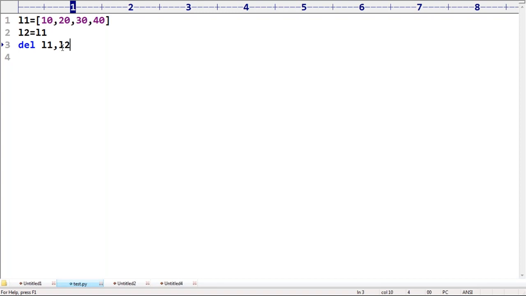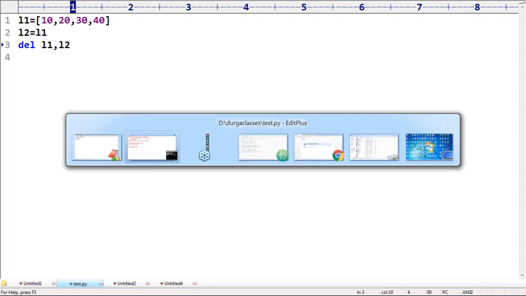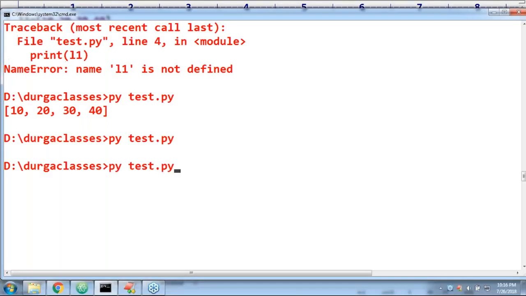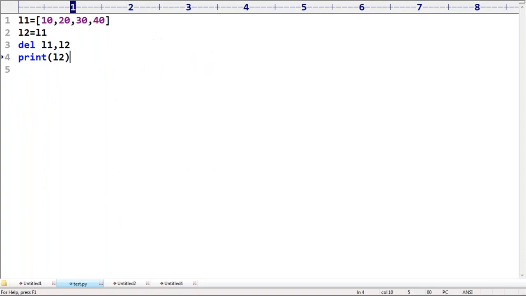Now the object is eligible for garbage collection, because both variables are deleted. Remember this. If you try to access print of L2, an error will immediately come: NameError, L2 is not available.